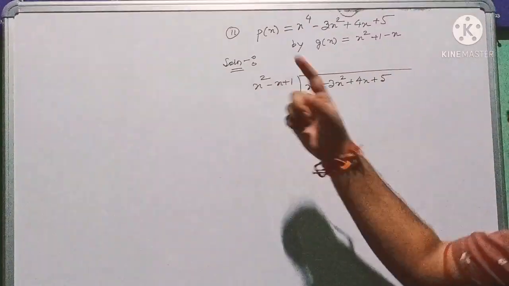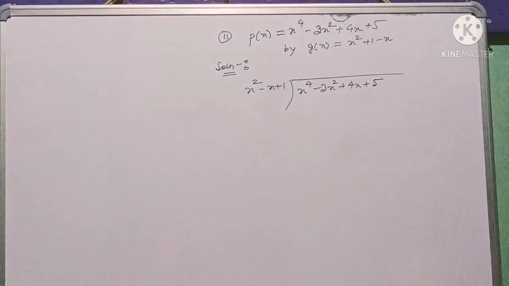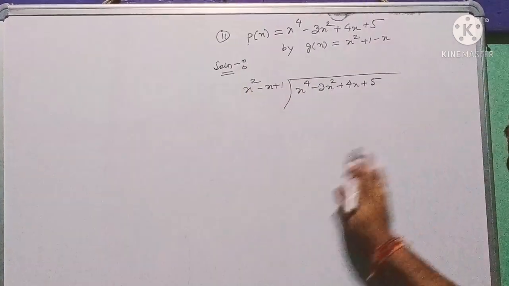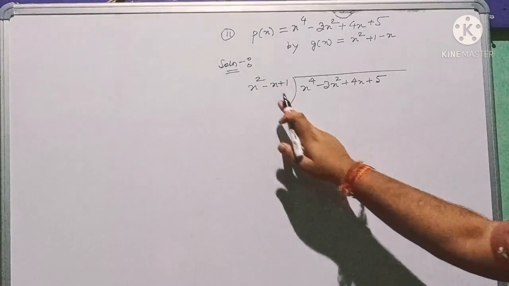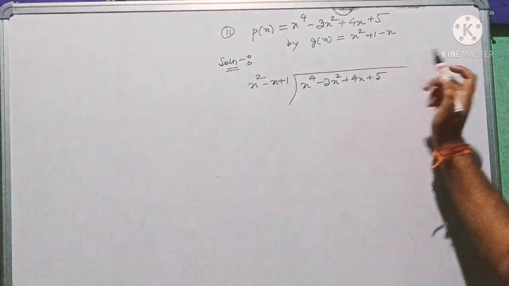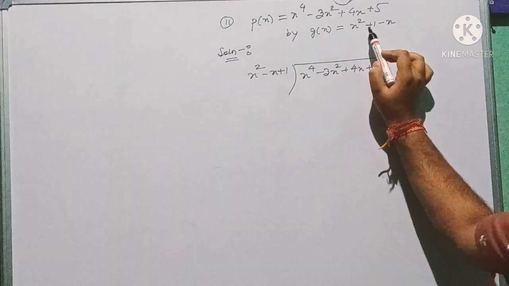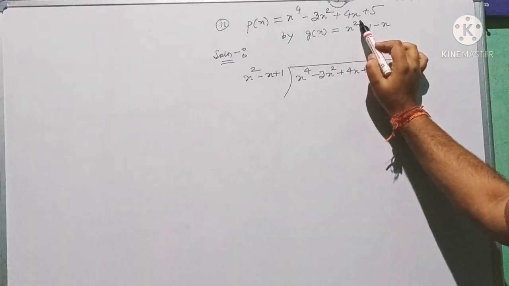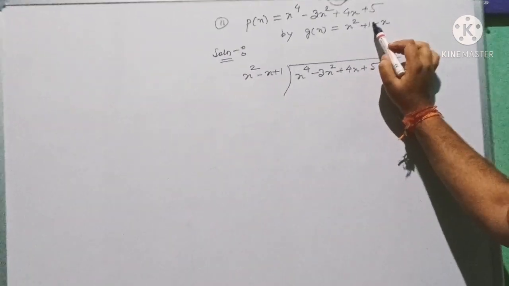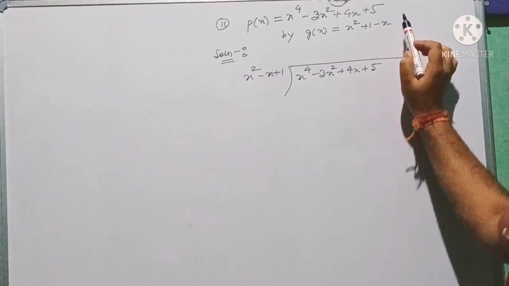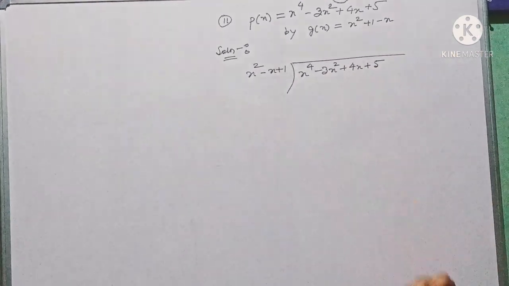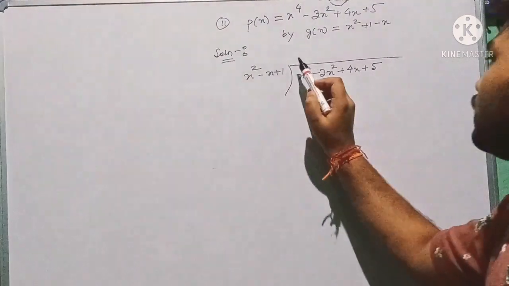Now let us see question number 2. How will we do this question number 2? The process is the same. First of all, you see I have arranged the terms in decreasing order of degree. As given in the question, the degree of x here was 2, here it was 0, and here the degree of x was 1. So I just arranged it 2, 1, 0. That does not make much difference.